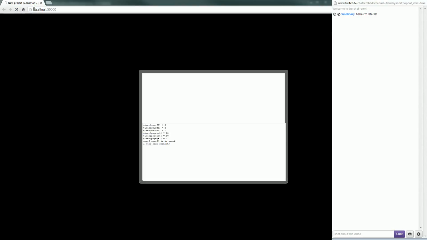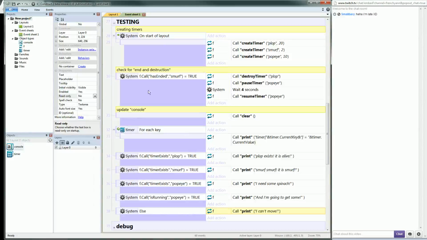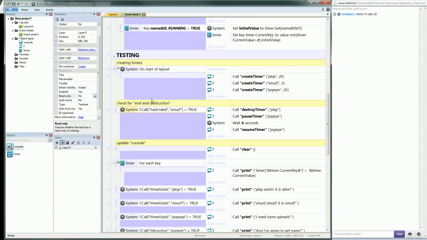Okay, so it's working. I need some spinach and I'm going to get some. I can't move. 4 seconds later. Oh, doesn't work. It's obviously running since oh, that's so wrong. What happened here